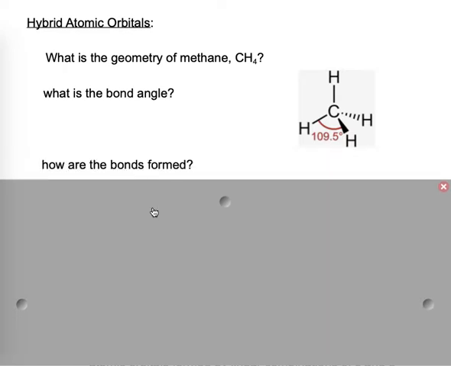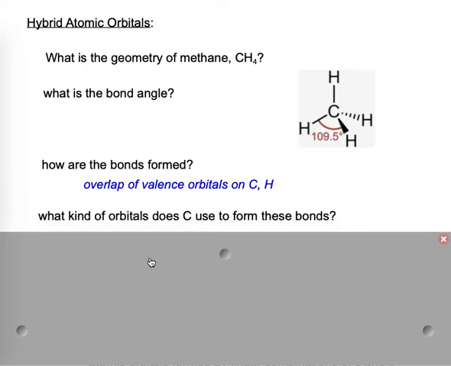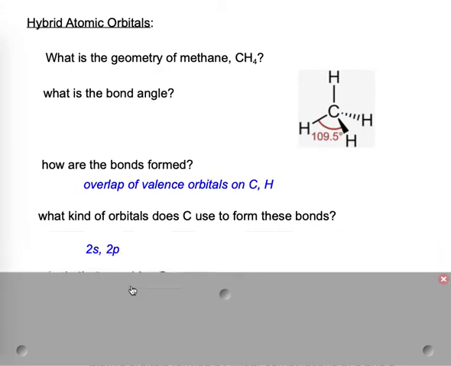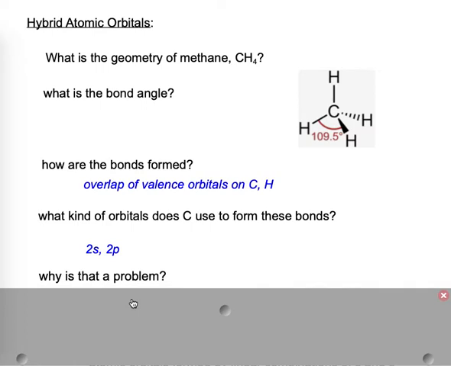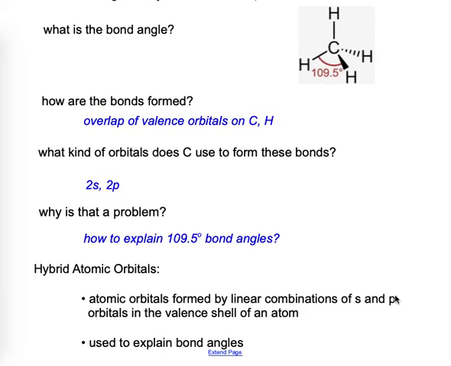How are the bonds formed? Well, the four carbon-hydrogen bonds must be formed by overlap of valence orbitals on carbon and hydrogen. What kind of orbitals must carbon be using to form these bonds? Well, it only has s and p orbitals. Why is that a problem? Well, the problem is, how do we explain the 109.5 degree bond angle when all we have are s and p orbitals? The s orbitals are non-geometric, the p orbitals are at 90-degree angles, so we use the concept of hybrid